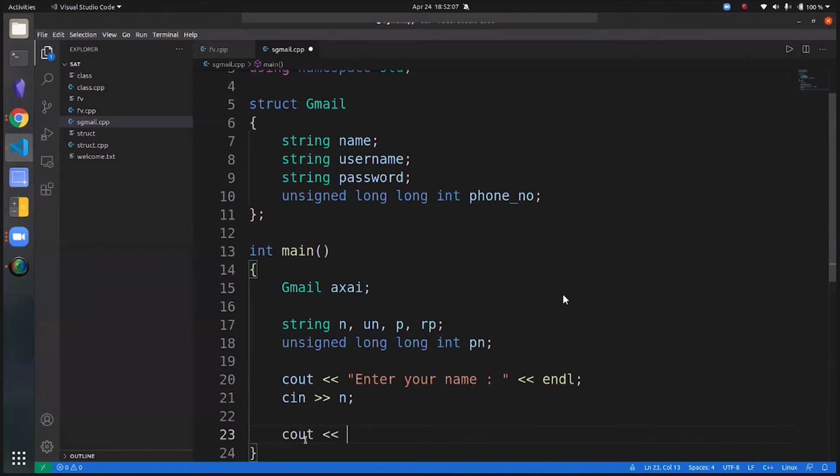The next thing is I have to ask for the username. So enter your username.